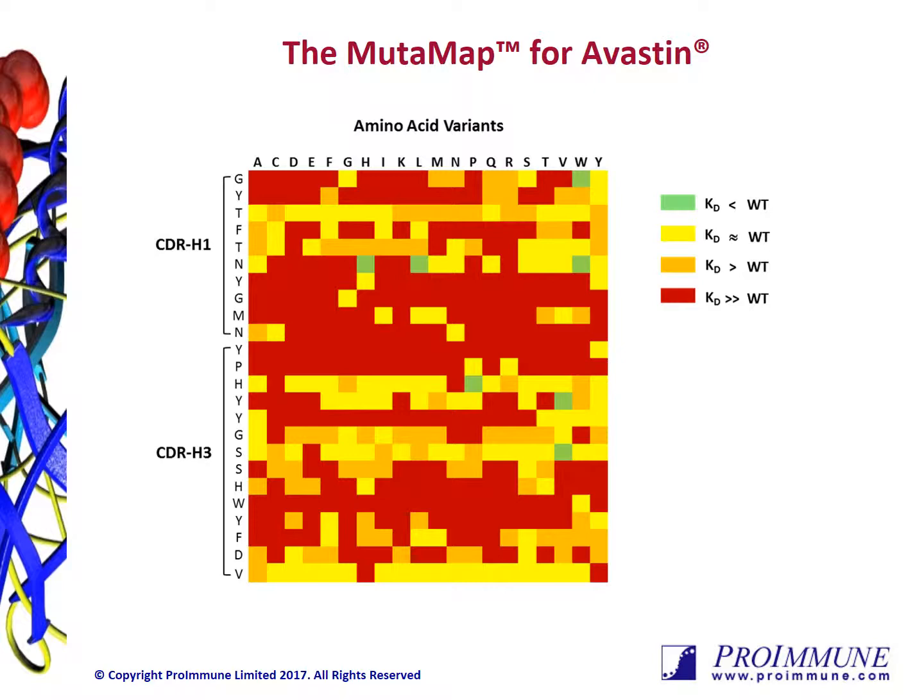As you can see in the horizontal plane, there are key rows in red where mutations are clearly not permissive. An example of this is the glycine residue, 3 amino acids from the end of the CDRH1 region. Looking across this row, any residue other than a glycine at that position leads to a substantial reduction in affinity,